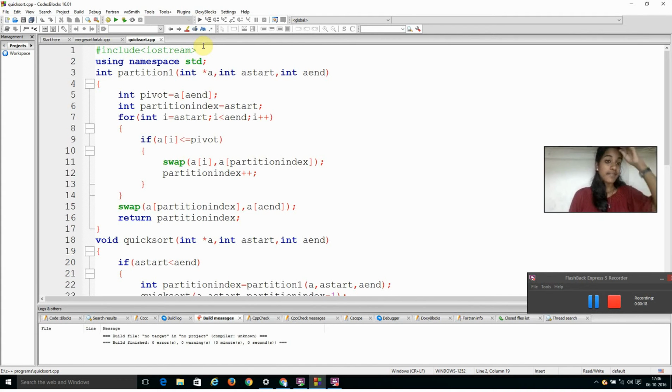So here I have a function called partition1. Since partition is a keyword here in C++, I took the name of the function as partition1. Otherwise, there is no special meaning to it. And its return type is int. And I have passed three parameters, that is int *a, that's the array, int a_start, that's the beginning or the leftmost part of the array, and int a_end, that's the rightmost part, that's the end part of